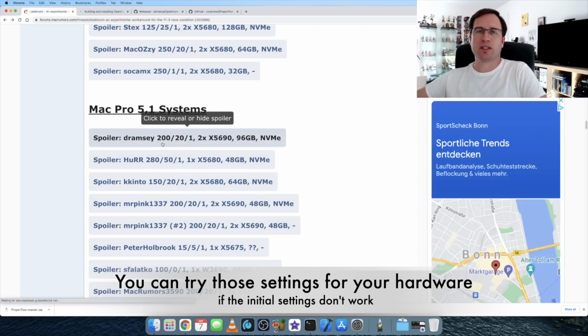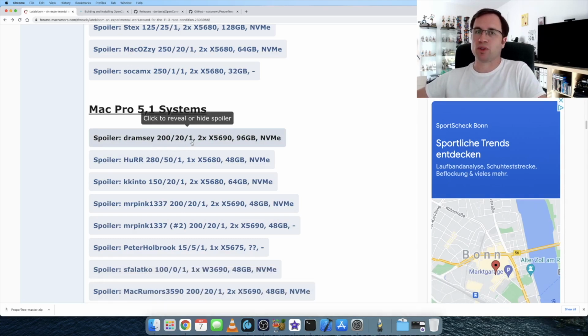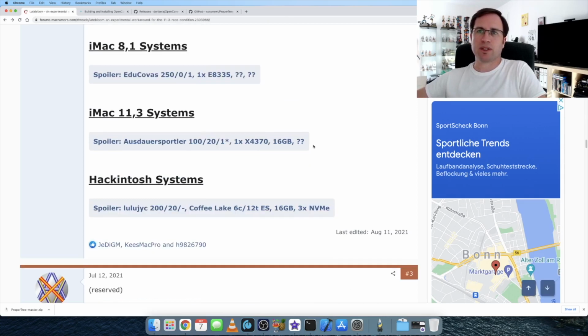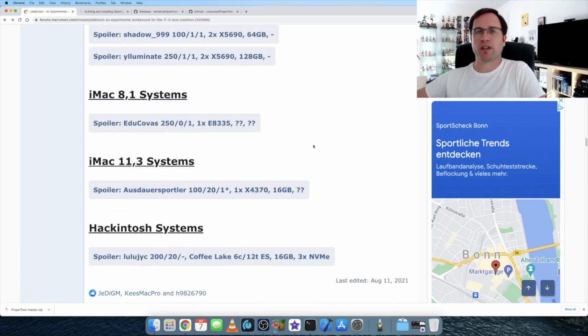That means 200 milliseconds, 20 milliseconds spread, and the debug mode was on. So you can get to your system down here, Hackintosh, iMac, whatever, and try some of the values that already worked with some users here in the forum. Okay, so we will just enter the values that the Legacy Patcher will use.